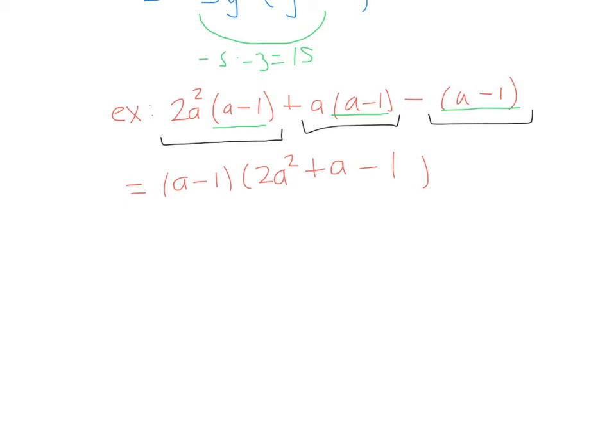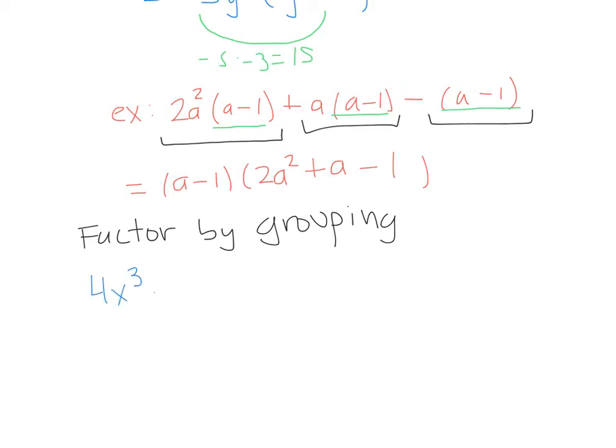Now let's look at factoring by grouping when we have a polynomial with more than 3 terms. We're going to come back to factoring by grouping for trinomials, but first we're going to look at when we have something like this. All right, let's take 4x cubed plus 2x squared